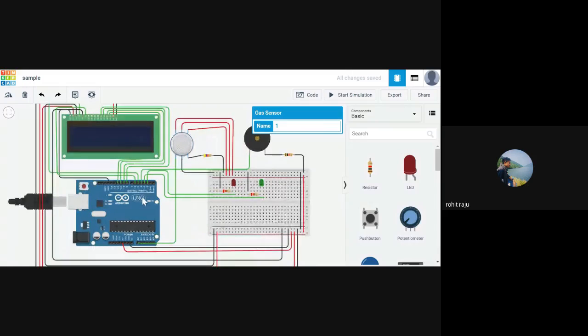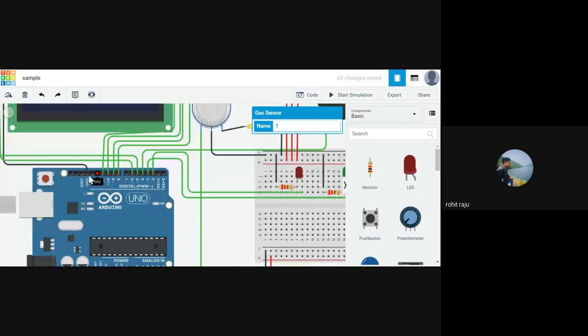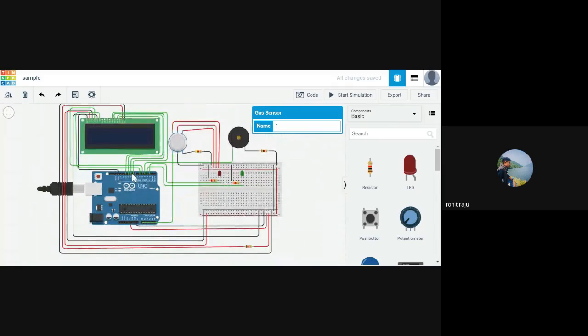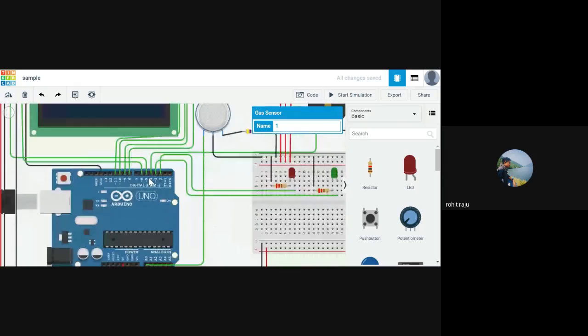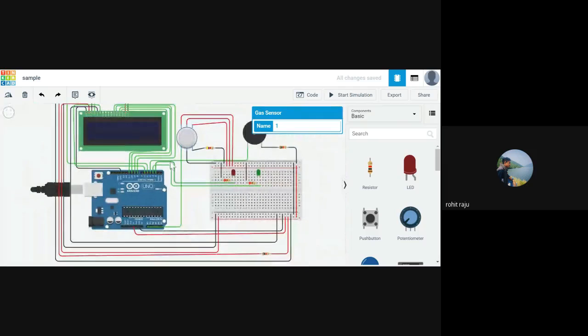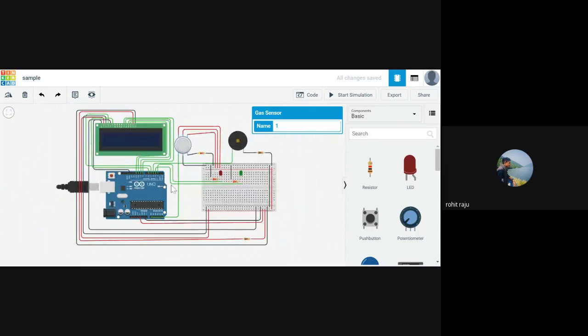Let me zoom in for you. These ports are for the LEDs. This is the ground pin, as you know. These two are for the LEDs, and this one is for the buzzer. Pin 4 is for the buzzer, and we started connecting right from 5, 6. So this is how our project looks. If you are ready, let's start building a new circuit.